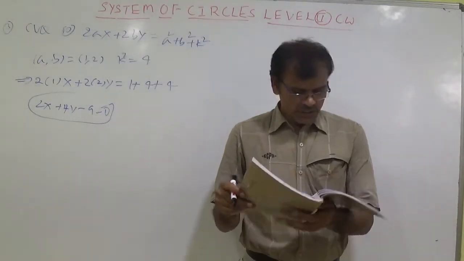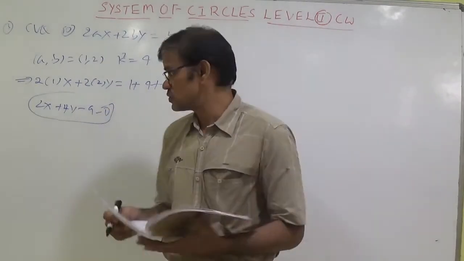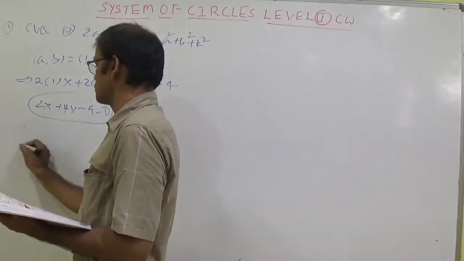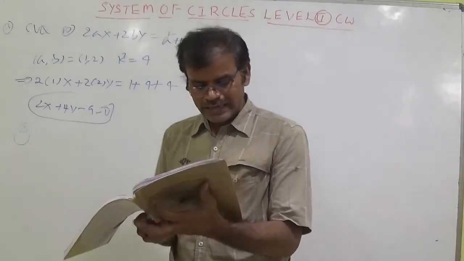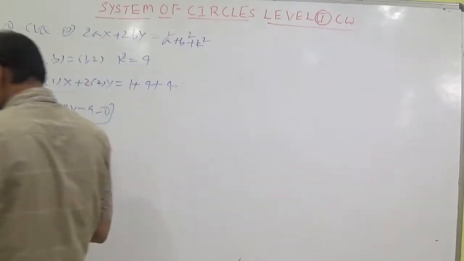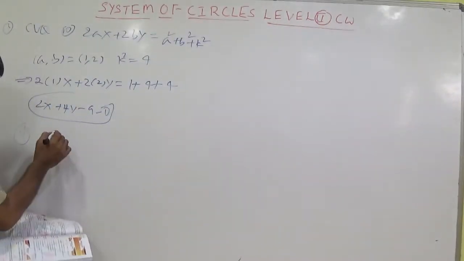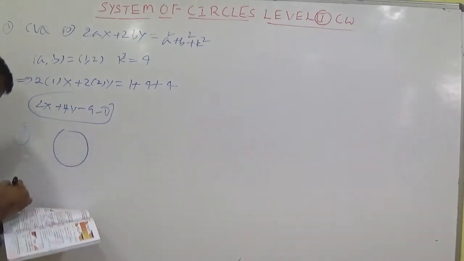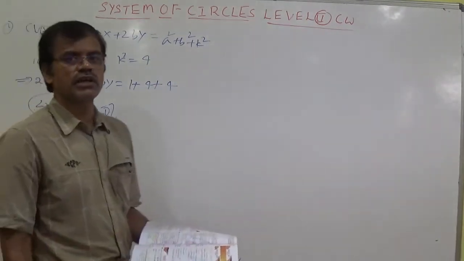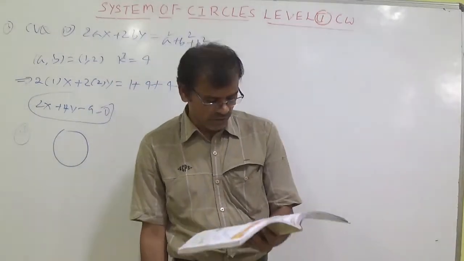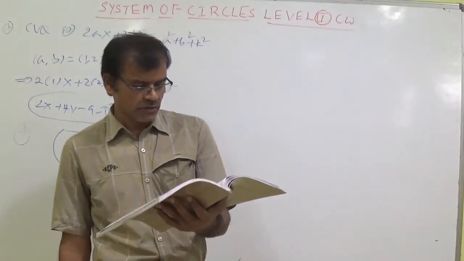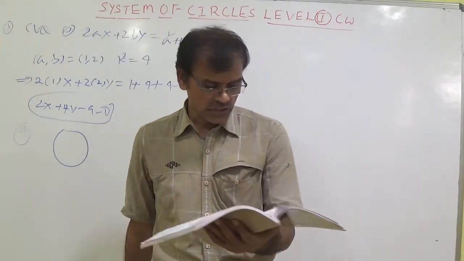Now, the fourth question. A circle passes through the origin and has its center on x is equal to y, and cuts another circle orthogonally. Then what is the equation? A circle passes through the origin. Whenever the condition is given as passing through the origin, you can understand that c is equal to 0. Verify the options. For every option c equal to 0 is there. So no need to get the shortcut.